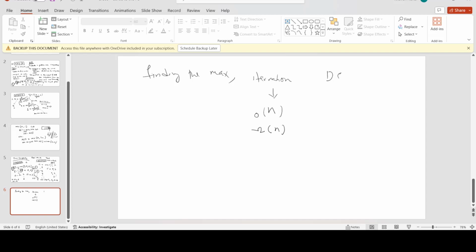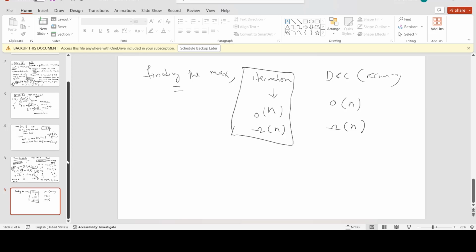And using DNC, which is recursion, the time complexity is also the same. But which one to choose between, for this particular problem, should I choose iteration or DNC? Of course, we are going to choose iteration